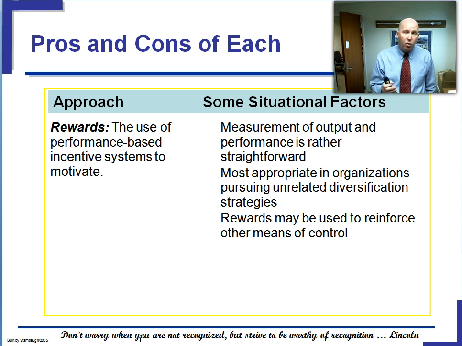One of the things is performance has to be relatively straightforward. And this is what really trips up some reward systems where they are performance-based, because we build this person's reward based on their performance, but in reality, there are lots of other people around them that are affecting their performance. And that means they may be able to ride on somebody else's coattails and look better than they should, or it may mean that they're frustrated because they're doing a great job, but the supporting cast around them is dragging them down, and it becomes very demotivational.